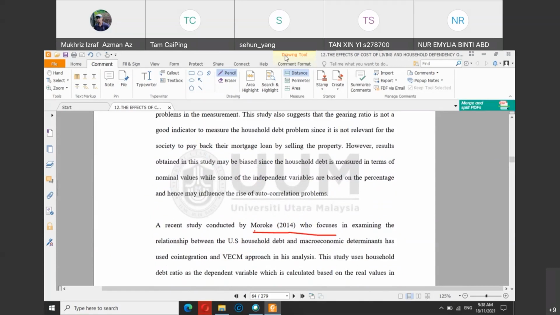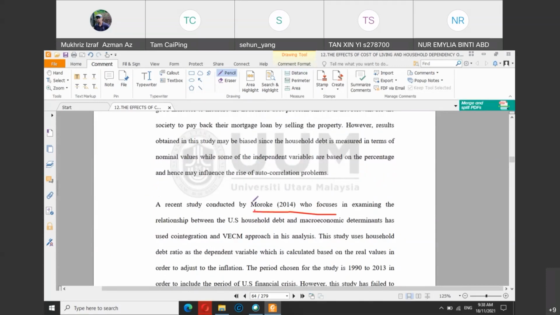Okay, sir, I understood. So Moroki 2014: this particular sentence was extracted from Moroki 2014. Of course, when you want to extract information, you need to paraphrase and rewrite, not simply cut and paste from the original article.